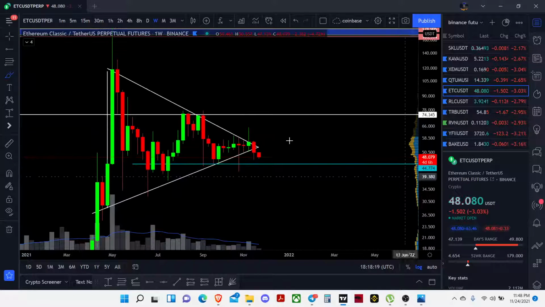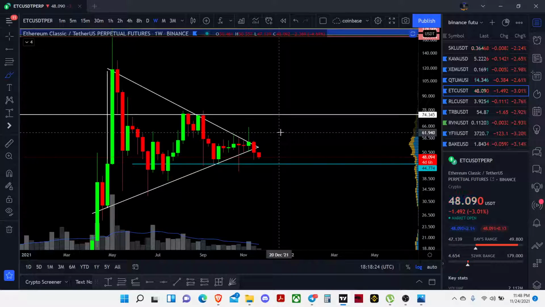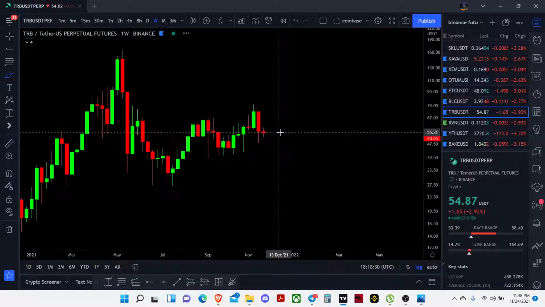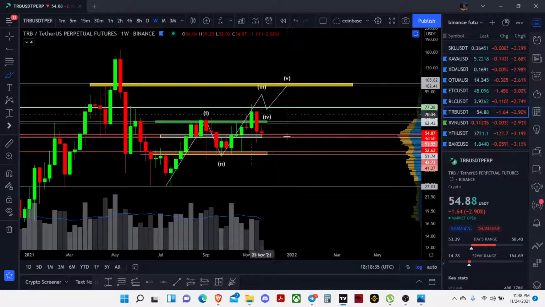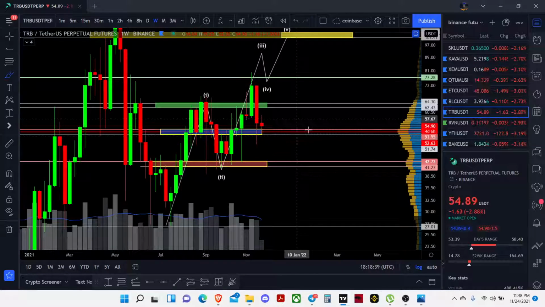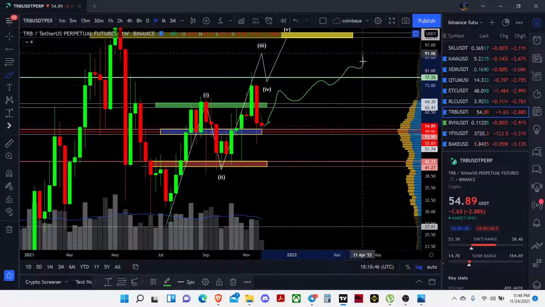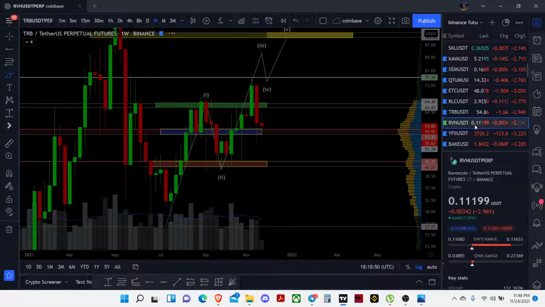So in my case, I didn't take any entry. I waited for the weekly candle close, and I also told everybody, don't make an entry, guys, wait for the weekly candle close. But people made an entry and they got wrecked. That is what happened in reality. So this thing got into the POC and support. I think it's going to hold this and make some more moves, or come back down. Let's see what happens next time.